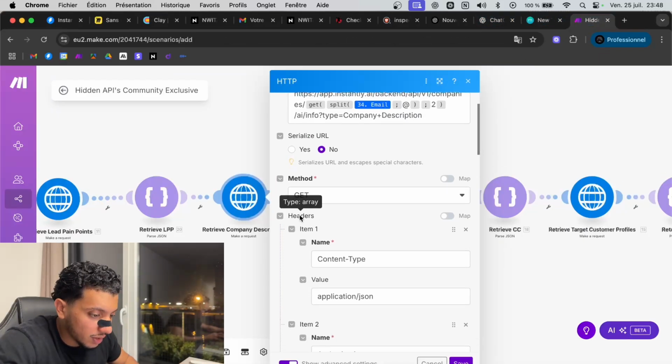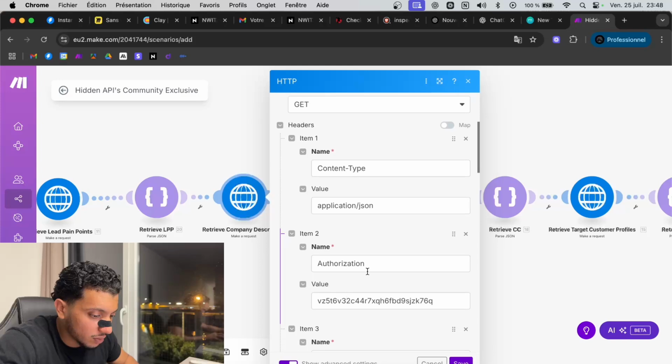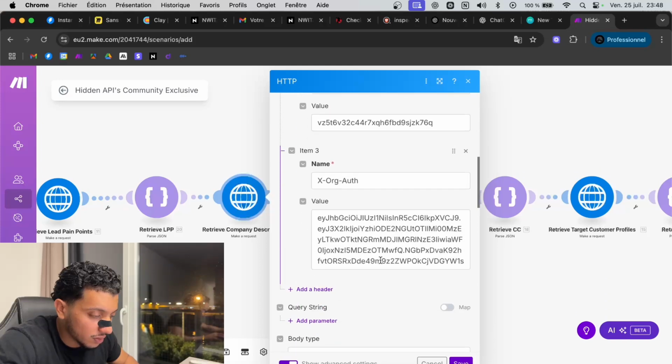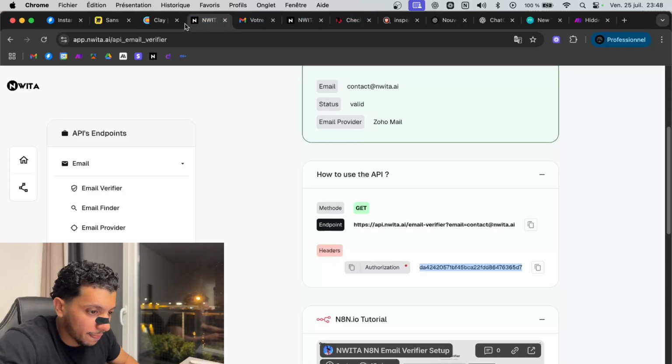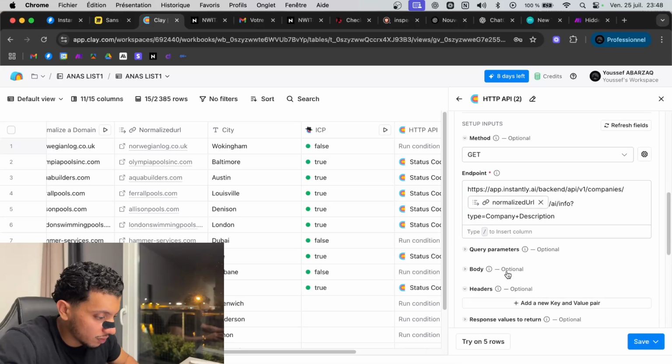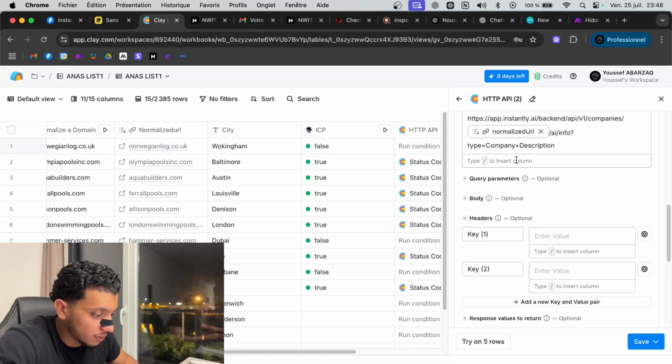So I need to add headers. I'll have two headers, three headers here. So we go to headers, add, I have 2 and 3. Nice.